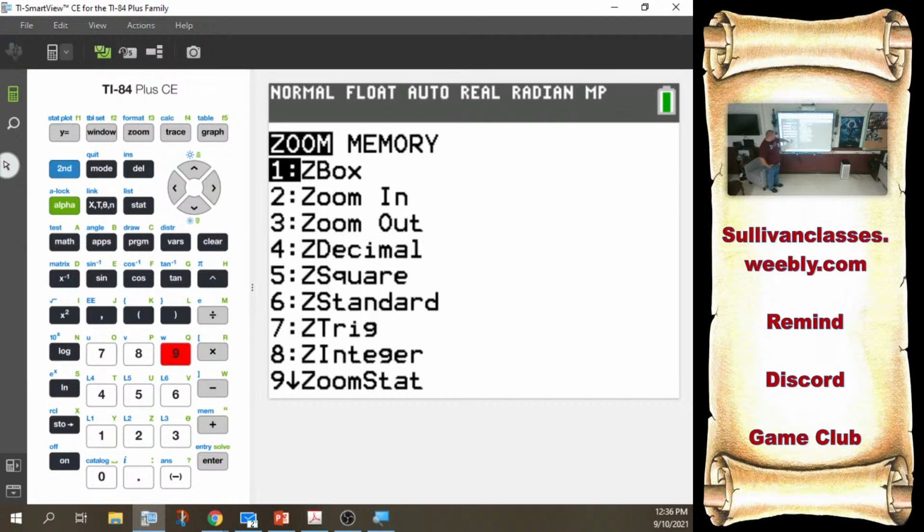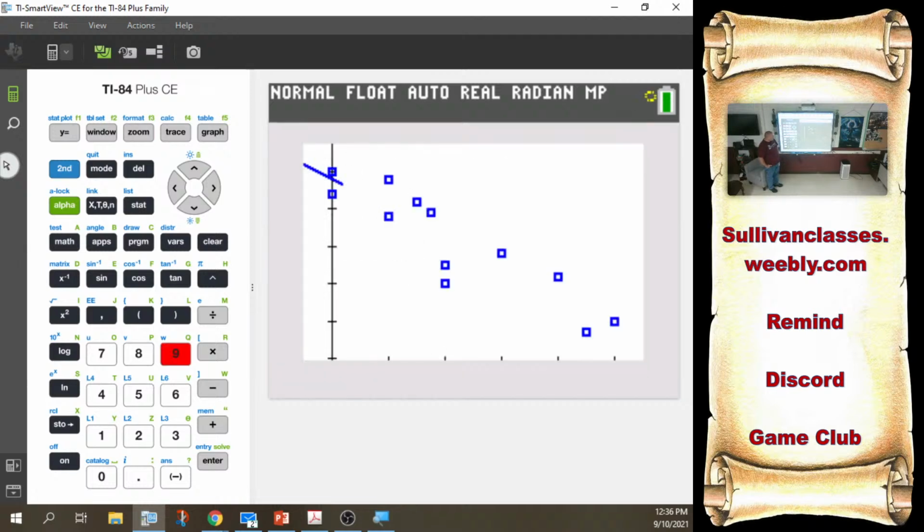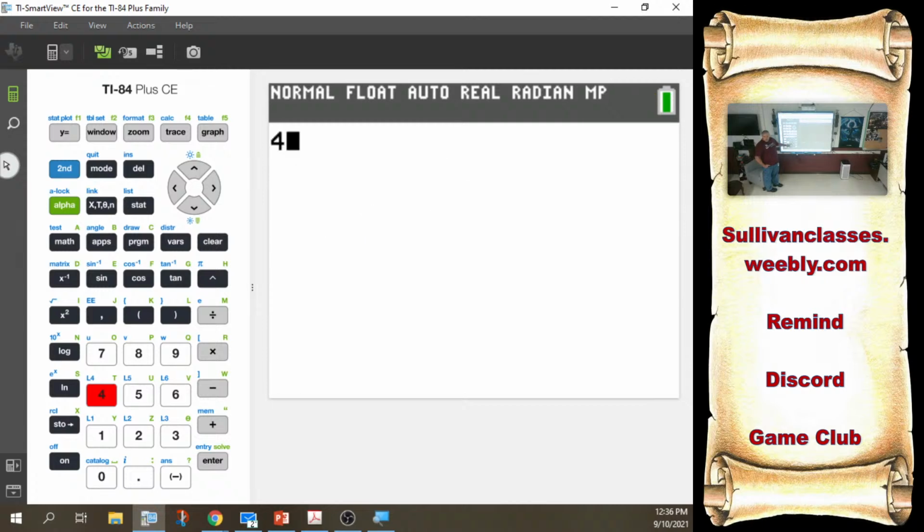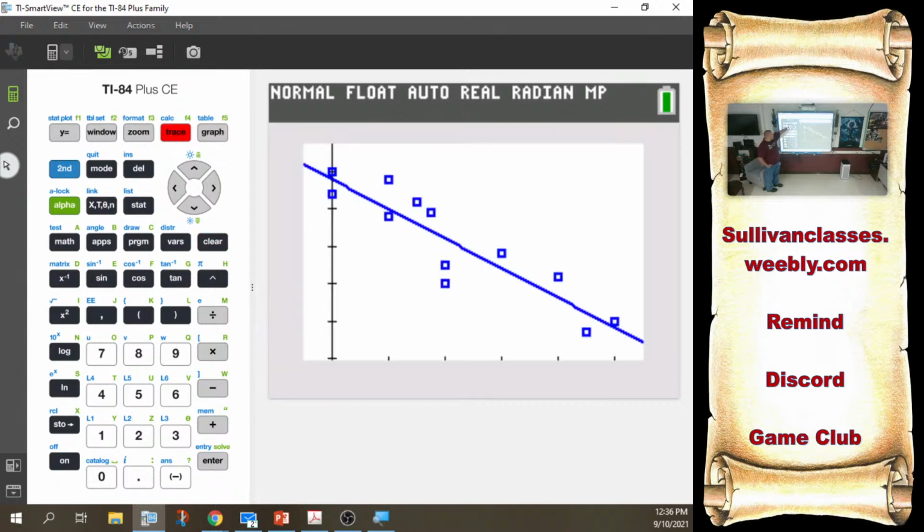Now, if I zoom to those stats, if I look at my graph, my data, this line will go straight through them. And I want to find trace. Now look at what happens if I say, all right, find if I have exactly 4 hours of sleep, or sleep. 4 hours online. Okay, look at what's going to happen if I hit 4. It quit on me. Okay, it quit because when I hit trace, look at what I'm on. I am tracing the plot right now. So if I try to trace to 4,